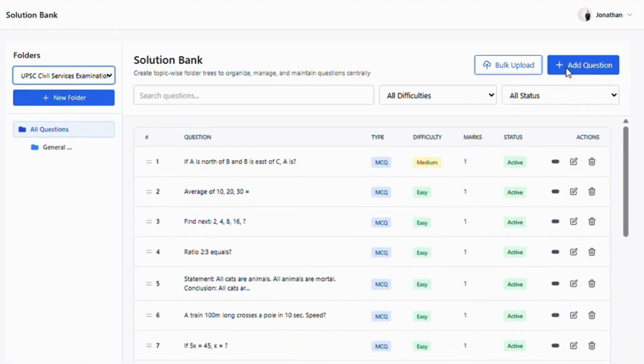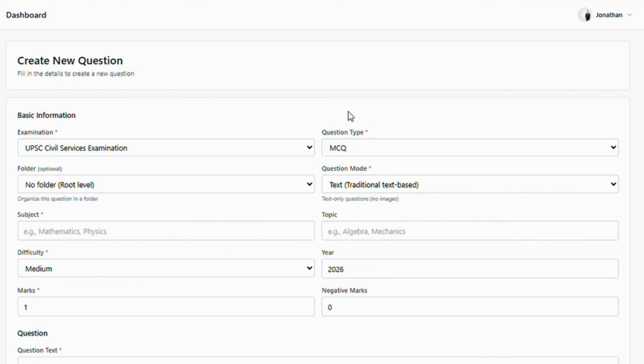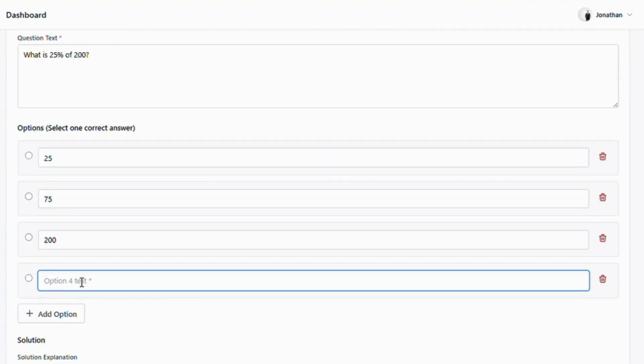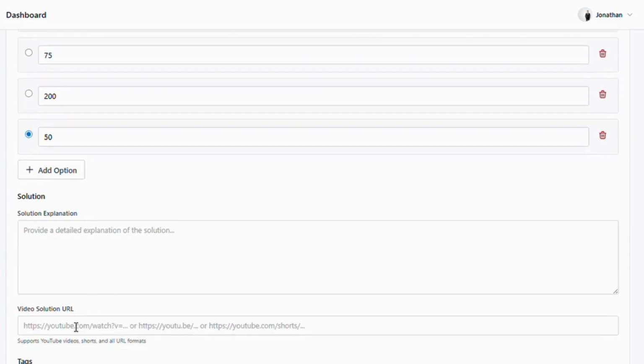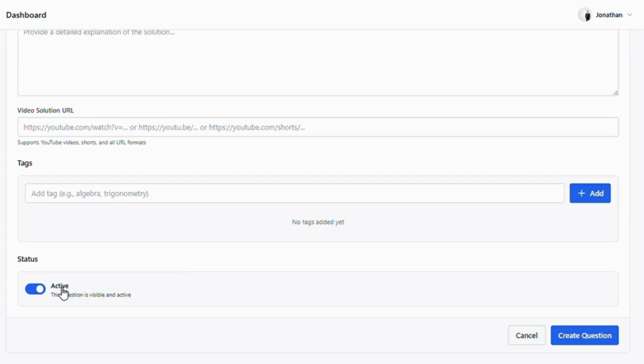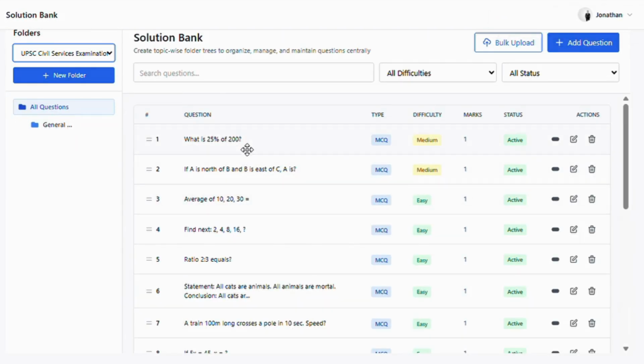To add a question manually, click on Add Question. Enter the basic details, then add the question text along with the answer options and select the correct one. Optionally, you can include a solution and relevant tags. Set the status and click on Create Question. Your question will then appear in the list, and that's how you can efficiently manage examinations and the